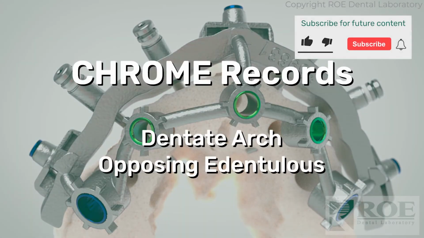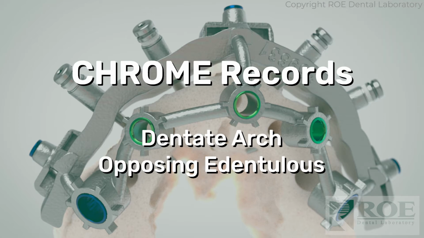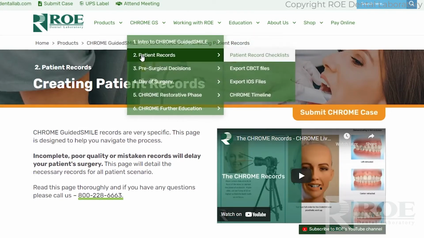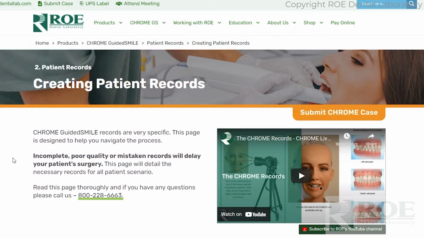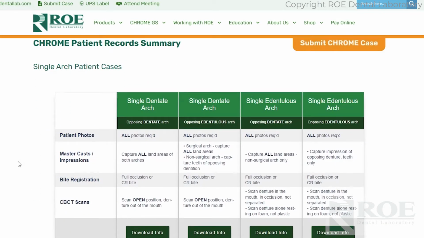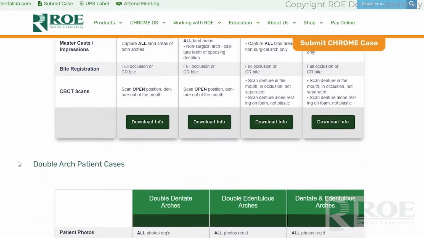This video will describe the Chrome records needed for a double arch surgery where the patient is dentate on one arch and edentulous on the opposing arch. As with all of our records, you can visit our website and under Chrome GS and then patient records. Once you're on the page, you can scroll through it. You can see here's an area for single arch, here's an area for double arch, and then right below that